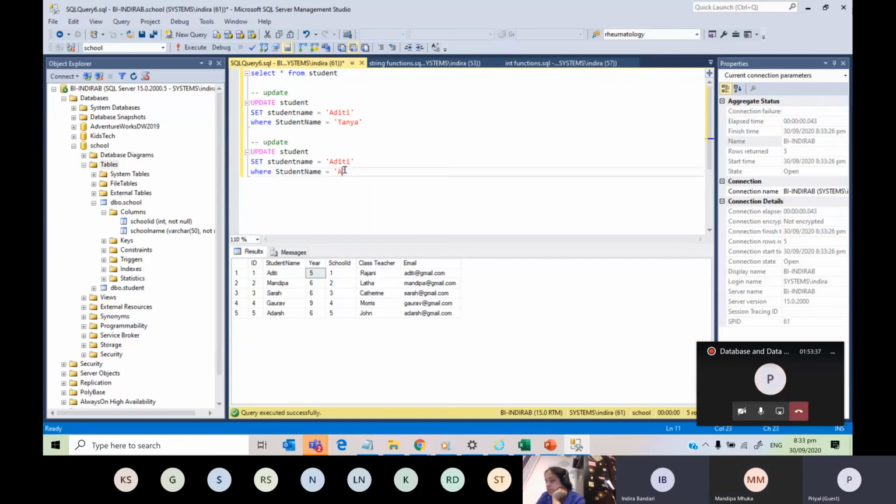I'm just going to say Aditi here because now we have Aditi, and I'm changing that to Tanya by using the set command. Set student name Tanya, followed by, if I want to change the year, I just put a comma here and then year equals, what is the year that we are going to change? Tanya is in year, let's say 6. Because we put a comma, the year will change to 6 and Aditi will change to Tanya. Let's observe that.